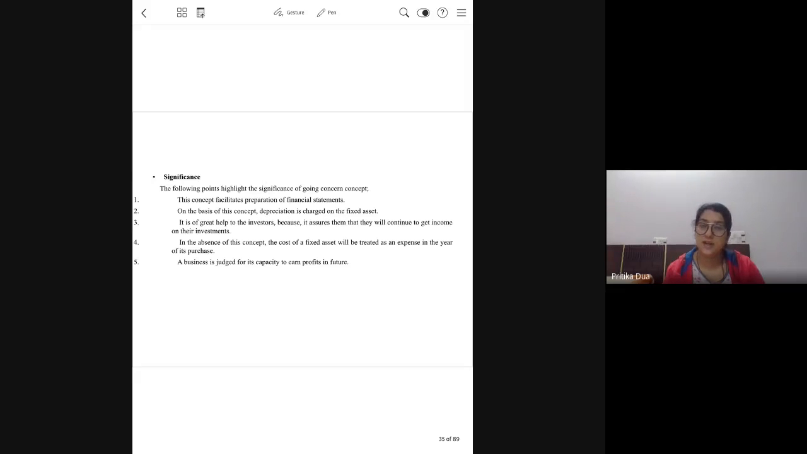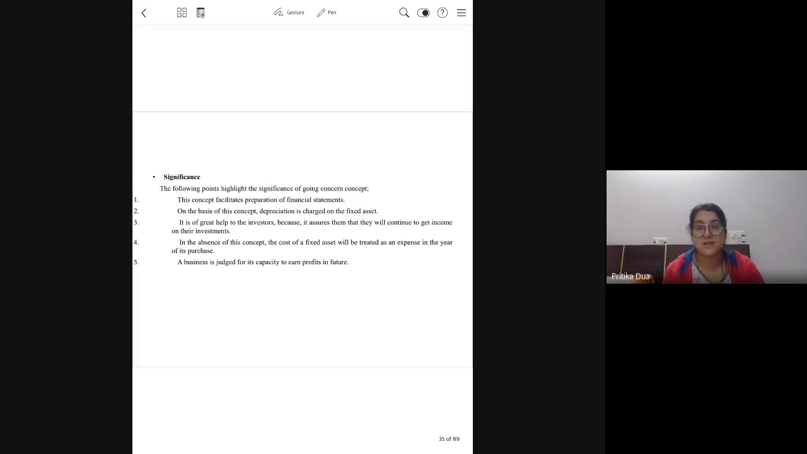It facilitates the preparation of financial statements. It is on this basis that depreciation is charged on the assets. Now, again, investors assume that they will keep getting income from the business in near future also. Only then will people invest in your business. If you give signals that you are closing down the business in the future, you will not be getting ready investors for the business. Yes, to reduce the expense burden on the business, we follow this concept,